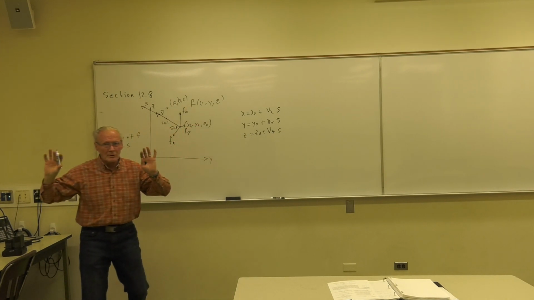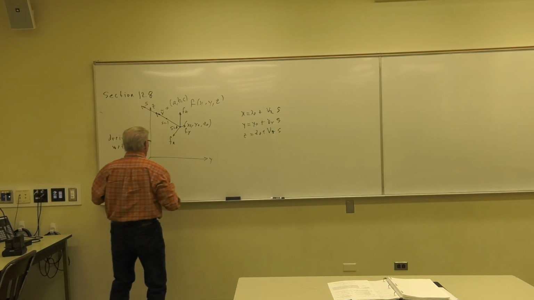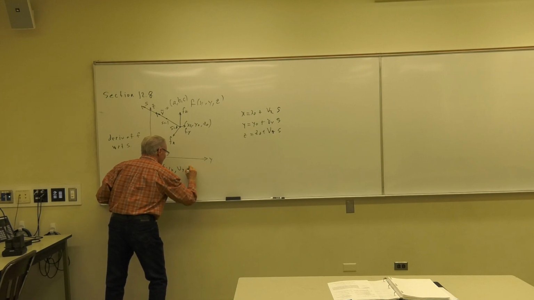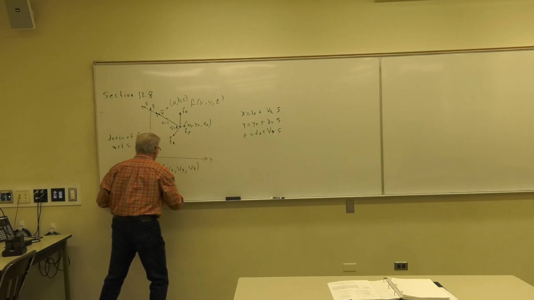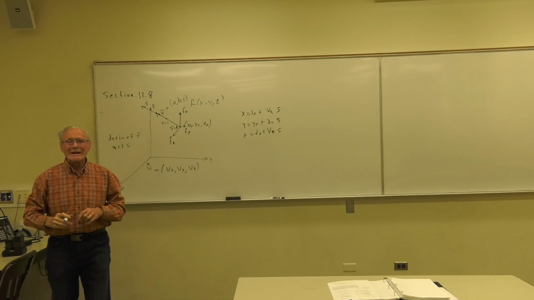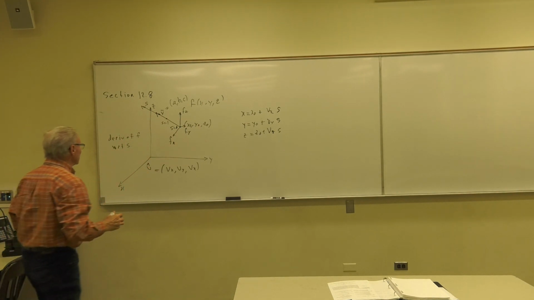But no, I want those. I'm going to say I want those, v sub x, v sub y, and v sub z, to be the components not of v, but